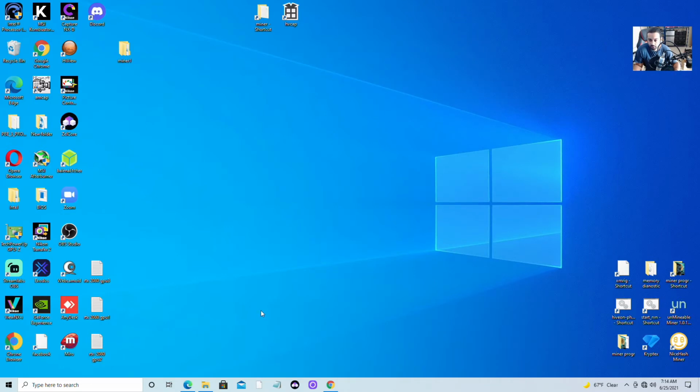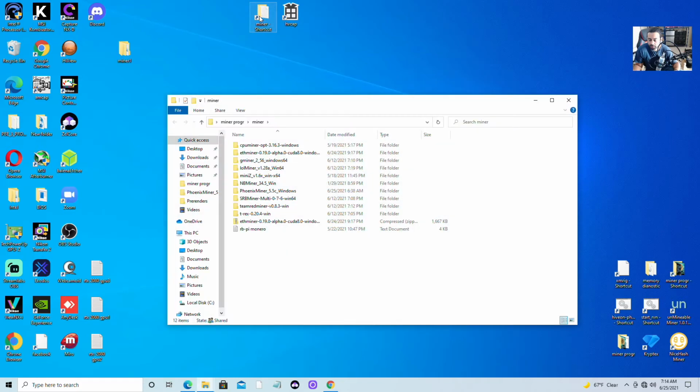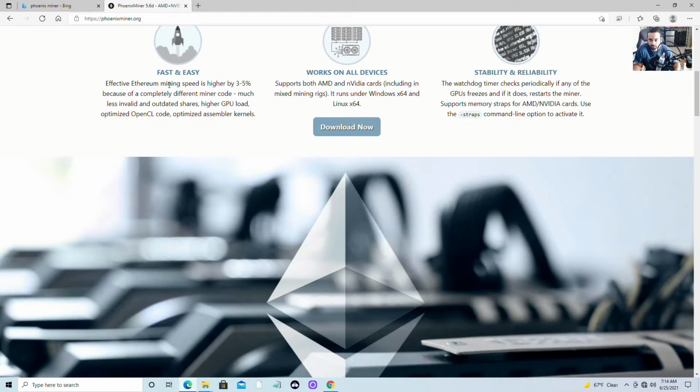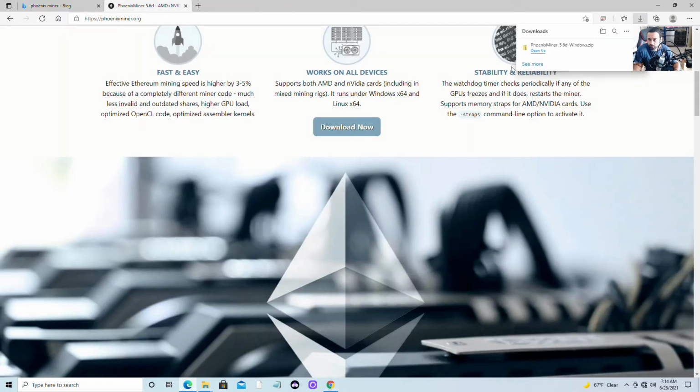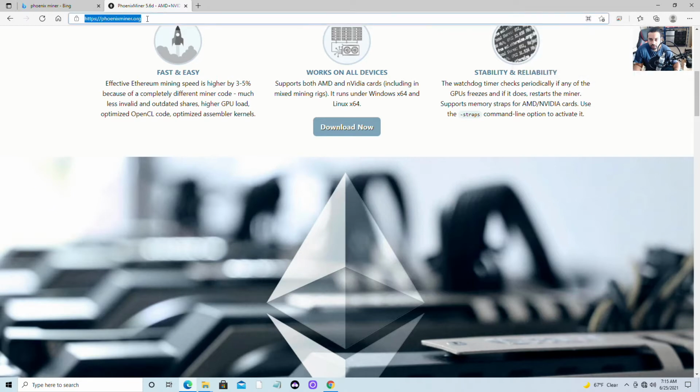I'm going to go directly to the location of the folder I've got. We're going to open this program. That's what I've got in my folder. But first of all, guys, you've got to go to your download section. You're going to go to funnymining.org. You click on download, and it's going to allow you to download the program. Now you don't need to get it from right here. I would recommend you get it from